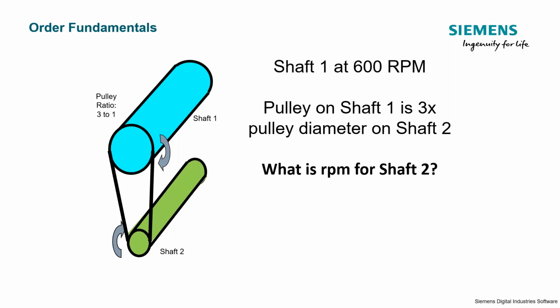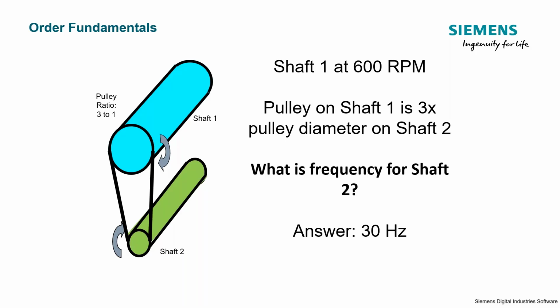If we look at shaft 1 and attach it to a second shaft, and we know that that's a 3-to-1 pulley ratio here, now we can start looking at some relationships between those two. So for instance, if we keep shaft 1 at 600 RPM, we know that shaft 2 is going to go 1800 RPM based on that pulley ratio. Shaft 1 is spinning at 600 RPM, which we already calculated to be 10 hertz. Then with that 3-to-1, shaft 2 will be spinning at 1800 RPM with a 30 hertz frequency.